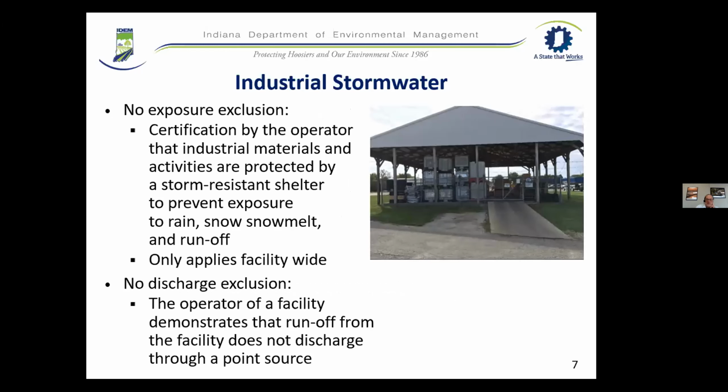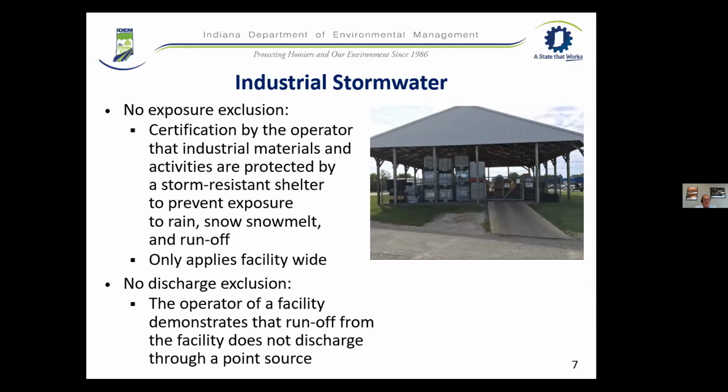And just talk a little bit about no exposure. Basically, it's a certification by the operator of that industrial activity that no materials or any other activities are exposed to stormwater. All the materials and activities are protected by storm-resistant shelters to prevent exposure to rain, snow melt, and runoff. And then the other is the no discharge exclusion, which we basically handle through a termination form to get